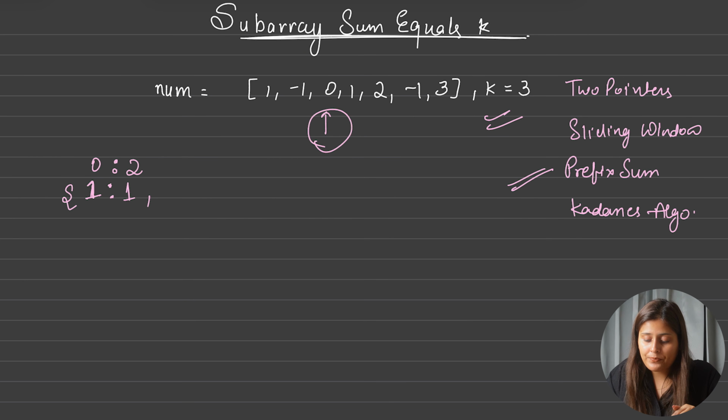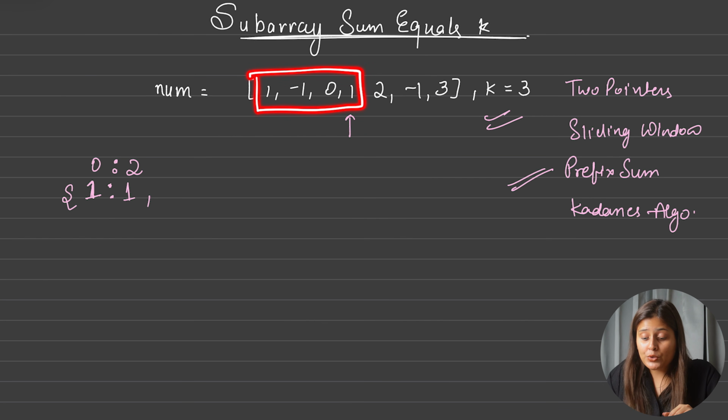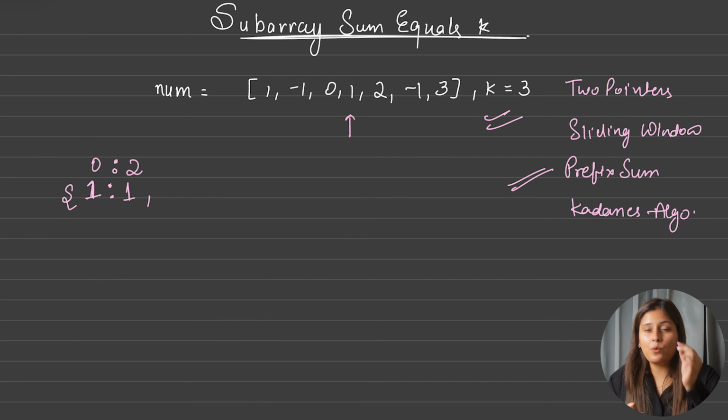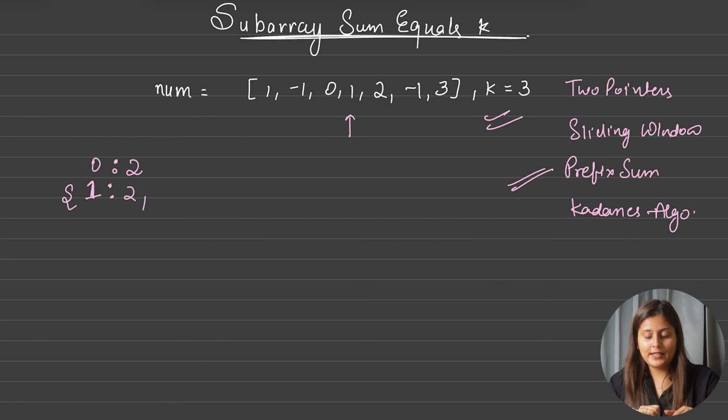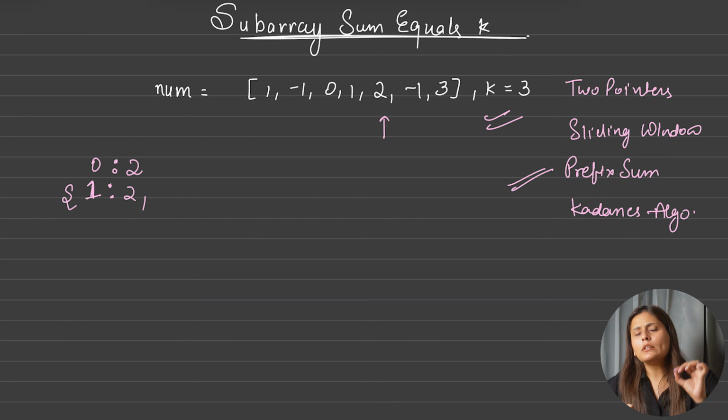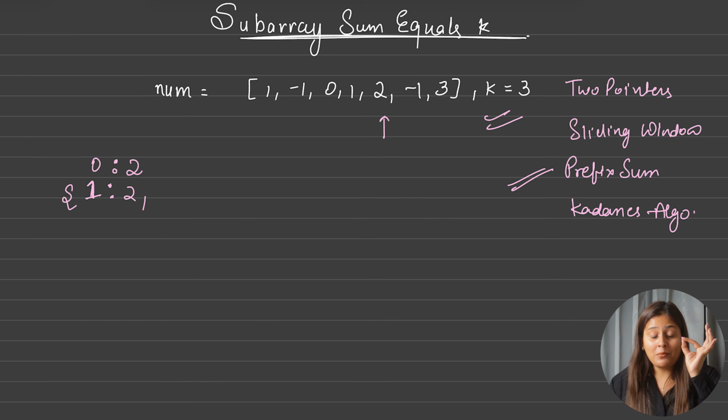Again I will move here and I will say total summation is 1. Total summation I am saying, okay, total summation from left to right pointer. So total summation is 1. So do we have any 1 in the map? Yes, we have. So we will increment that counter also for 1 and it will become 2 now. Correct? Next time again we will move this pointer ahead and I will put it at 2. Now what is the total summation? Total summation will become 3. Yes, and for 3 we will put 1.